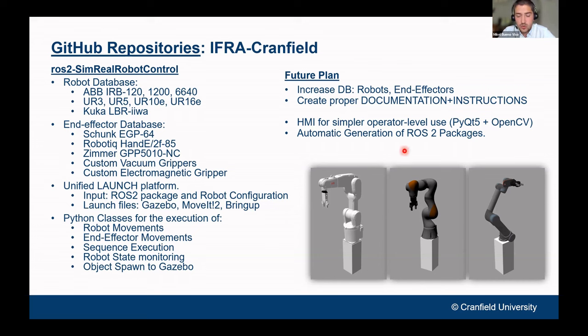Another cool feature that we're planning to introduce in the future, considering that our ROS2 packages are completely standard and exactly identical for all the robots, is an automatic generation of ROS2 packages. Based on some inputs, which could be URDF specifications, such as velocities, accelerations, and maximum and minimum angles, all those specifications could be straightforwardly turned into a ROS2 package that follows our standards for